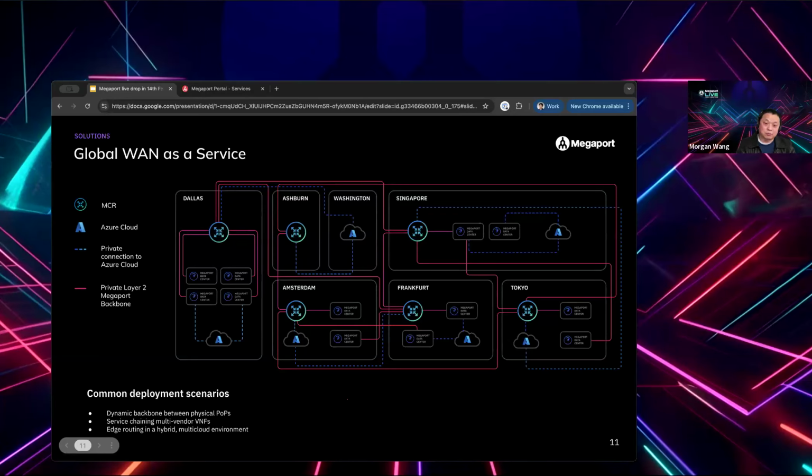And we do have a protected path into each of the data centers. So that means all the VXCs provisioned for the customer are, by nature, protected by our diverse transmission paths. Customers can also leverage our other virtual access services, like a cloud router or a virtual edge, to do some special routing configuration or manipulation on the whole platform. For example, SD-WAN, that's probably one of the most popular topics we have with customers nowadays.